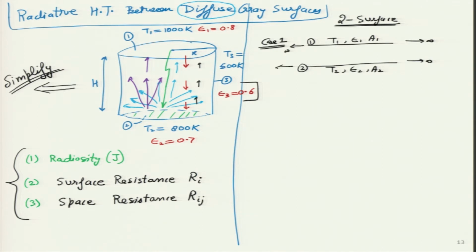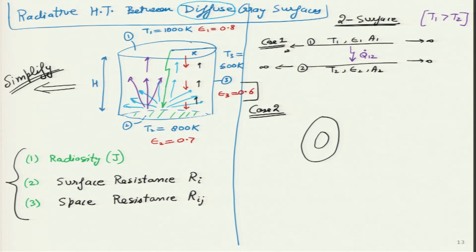It is infinitely long. So, what I am interested in figuring out over here is what is the net rate of heat transfer between these 2 surfaces, and I am always assuming that T1 is greater than T2. This is the first of the examples that I can consider. Then I can consider the case of very long pipes, one inside the other, where the length of these pipes again go to infinity.